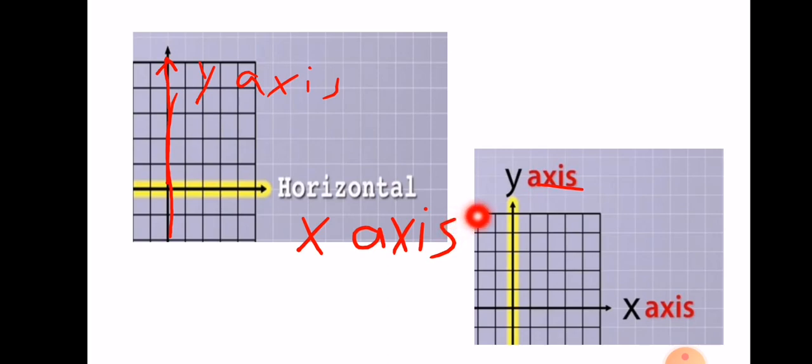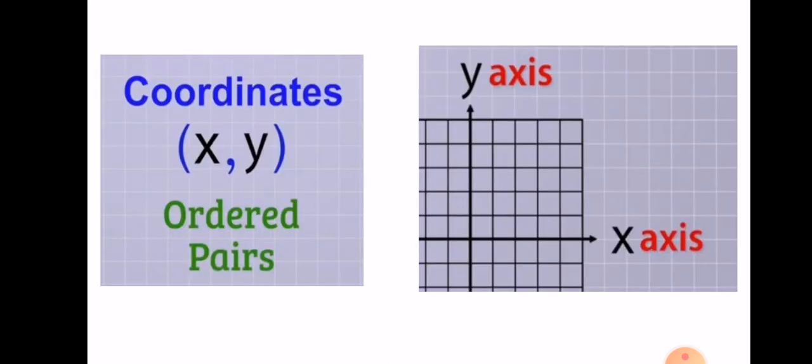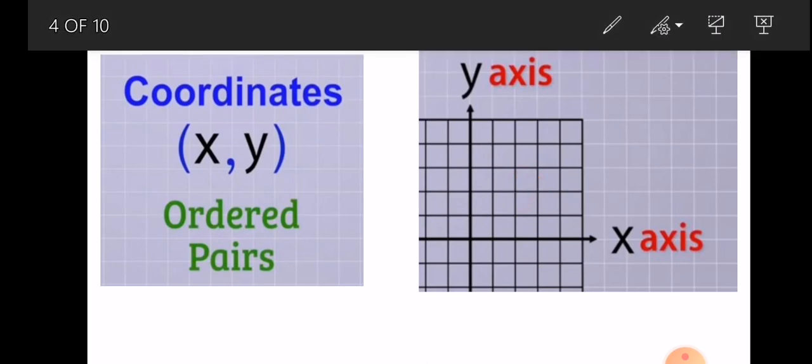The coordinate plane is this area which is formed by the two intersecting lines. I can also call it a coordinate grid because we divided it into a grid, meaning these small squares. On the coordinate plane, we can plot data, or we can represent any number. For example, if I have this point here,